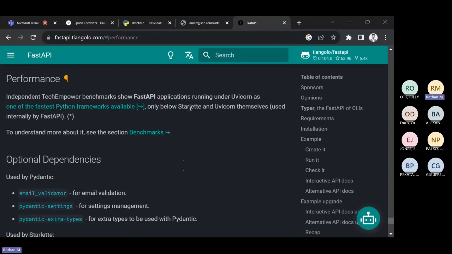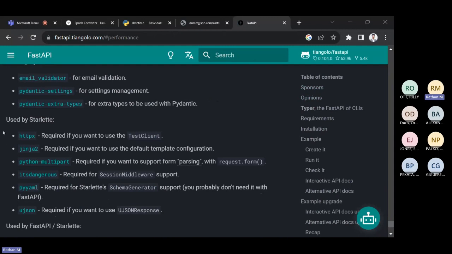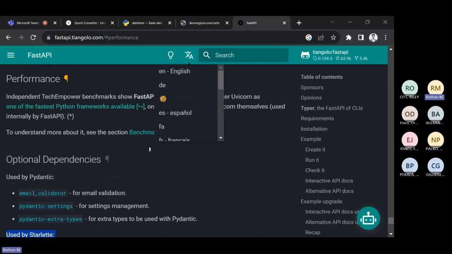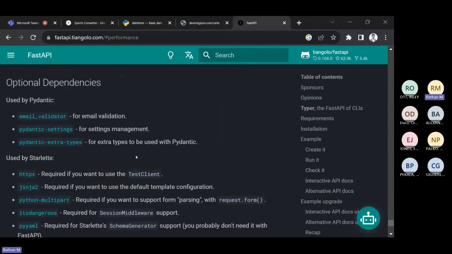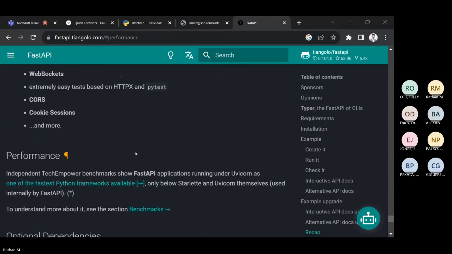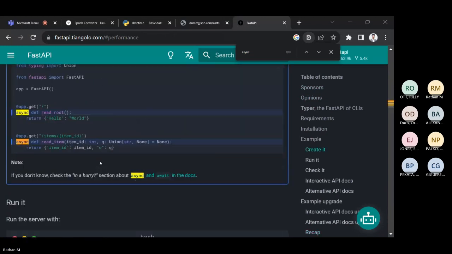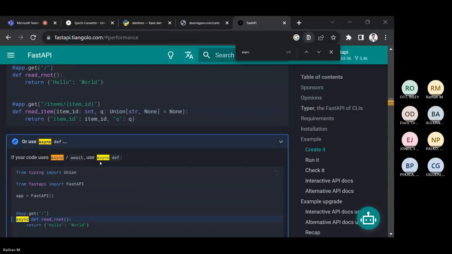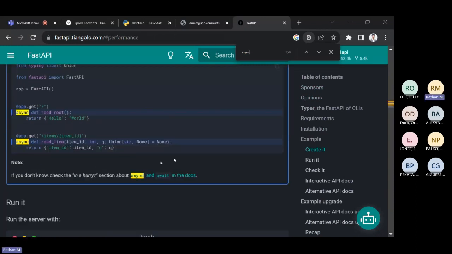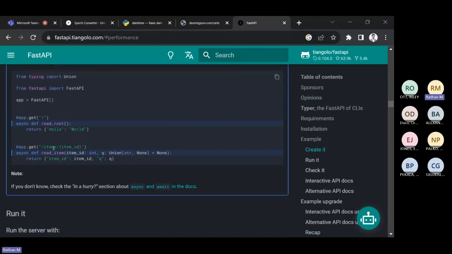So I don't know if they have specified that is the reason. So you can see here, HTTPX is the default one that they use, not AIOHTTP. This makes it really, really fast because it's made with packages that are faster than the default packages. And it is async by default. I'm not sure why I'm not able to find it here. Okay, they have not specified it here. It's fine, but anyway, you can use async readily within this.